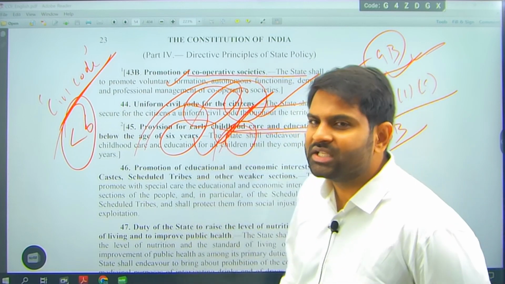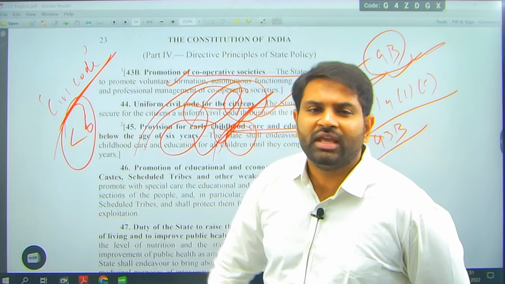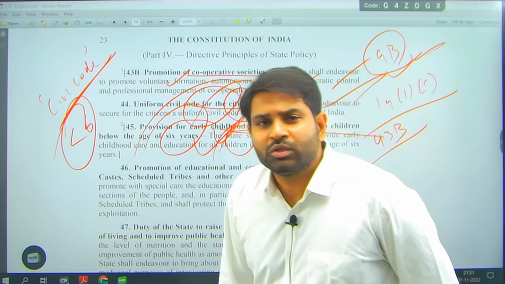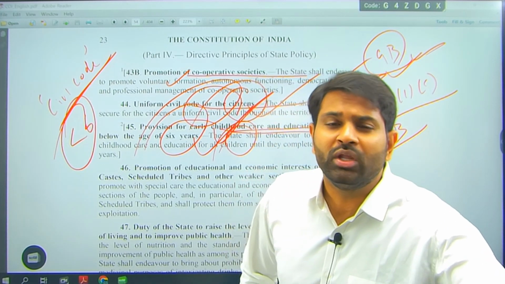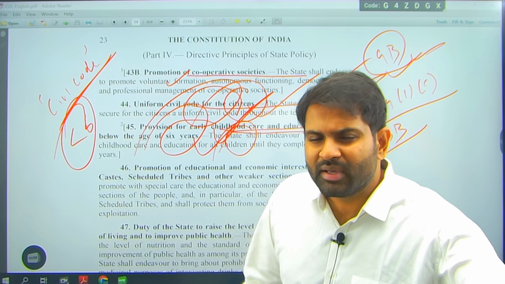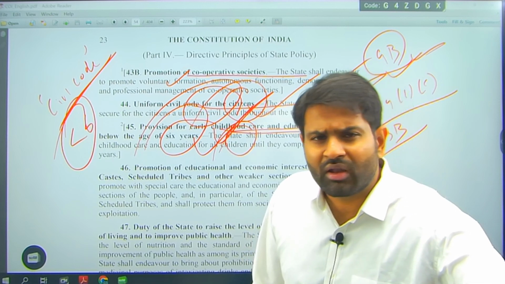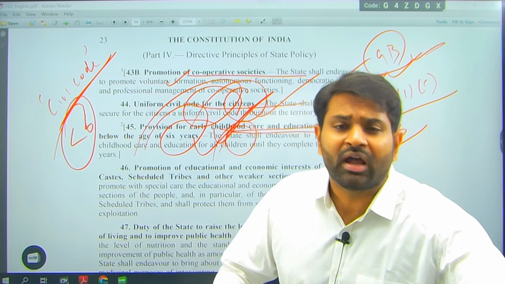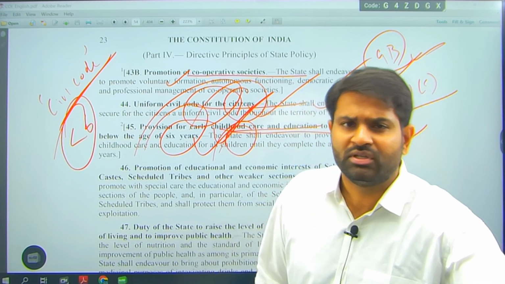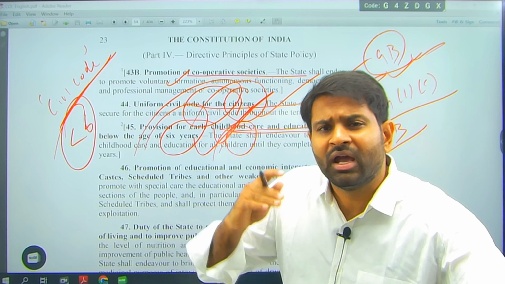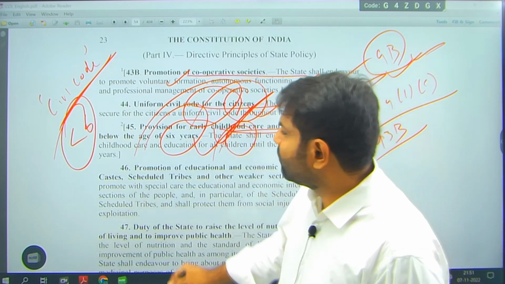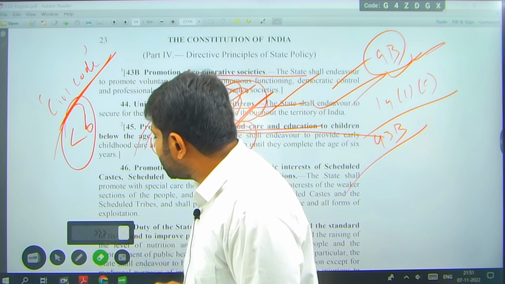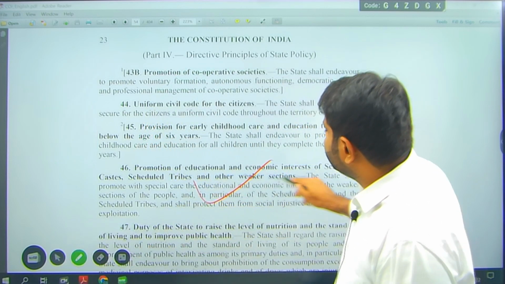In article 45, it is talking about the state. In article 51A(k), it is talking about parents. Article 45 is saying that for those people who are less than 6 years, it is the duty of the state to give them education or basic necessities or nutrition. That is where Poshan Abhiyan is coming into the picture. That is where Anganwadis are coming into the picture. That is where Anganwadi primary education is coming into the picture. Right? That is where we are giving them milk, eggs, all the fortified food in the Anganwadis. That is article 45.